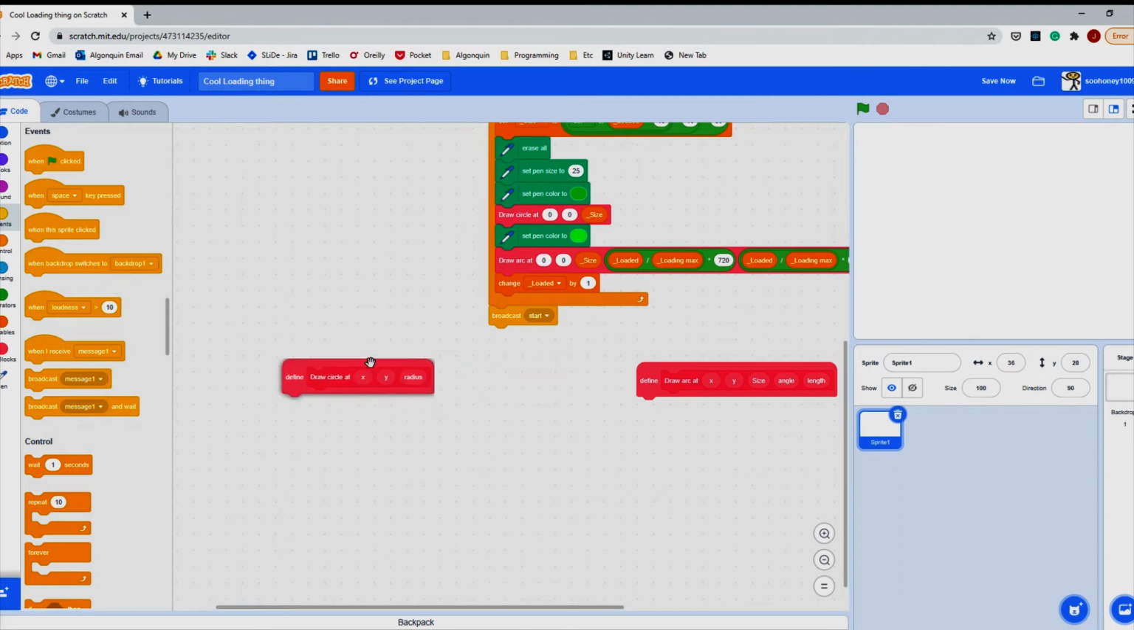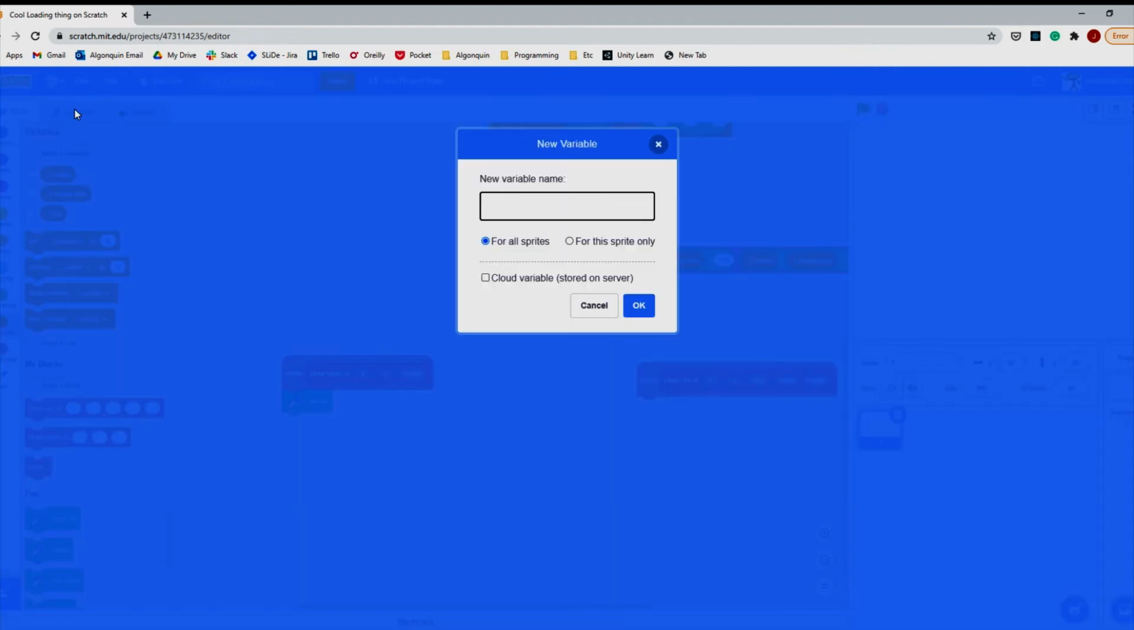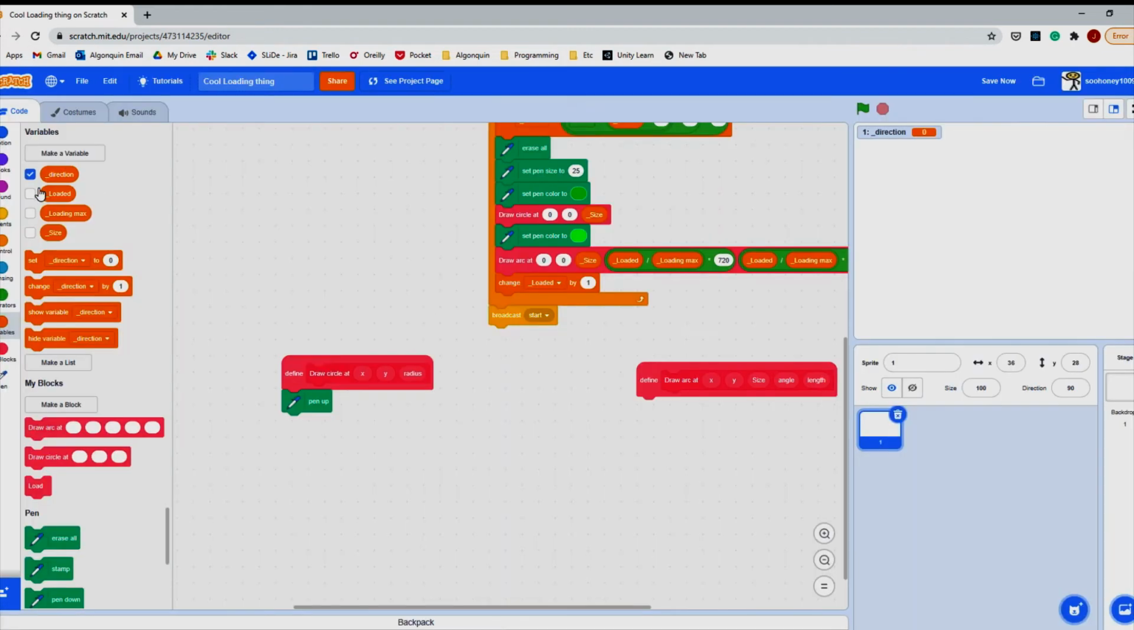Now we're gonna kill these 2 blocks in, which will be able to finish the first method. What we're gonna do is we're gonna do pen up, and then we're going to set our new variable direction like that for this sprite only. We could set direction to 0 and then repeat